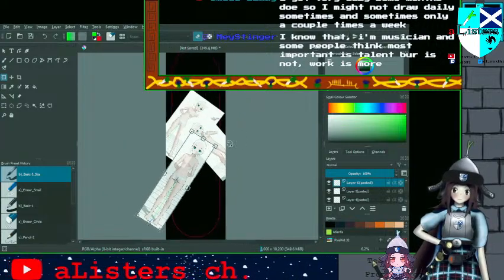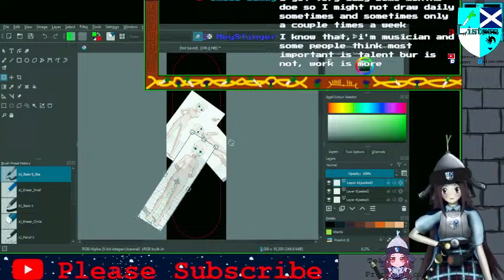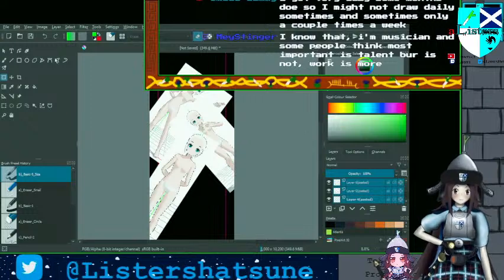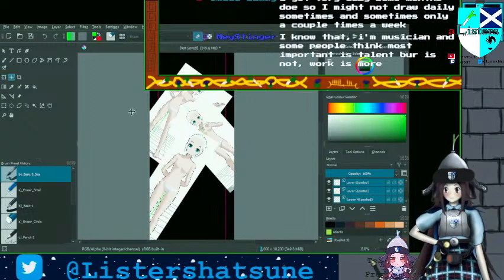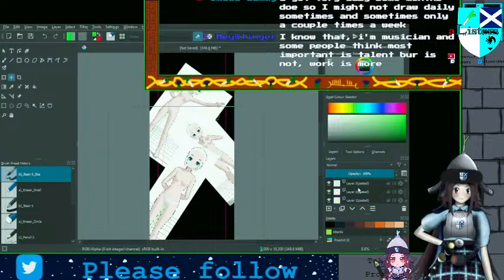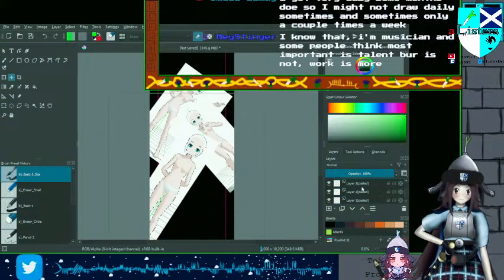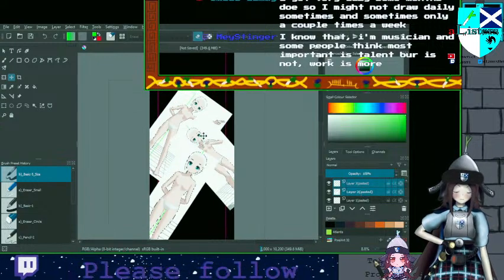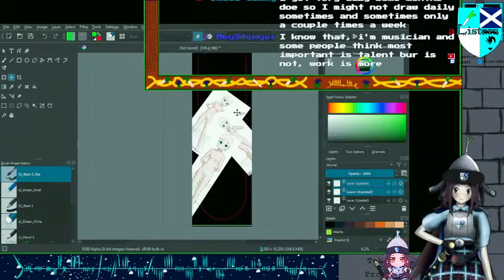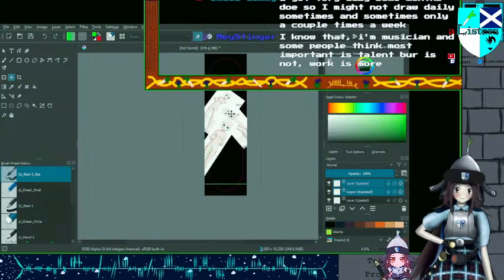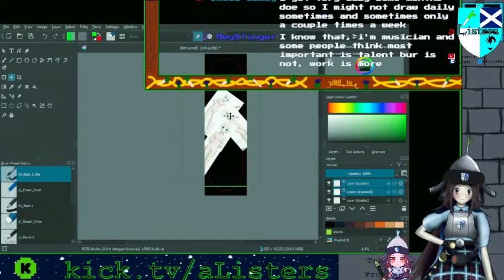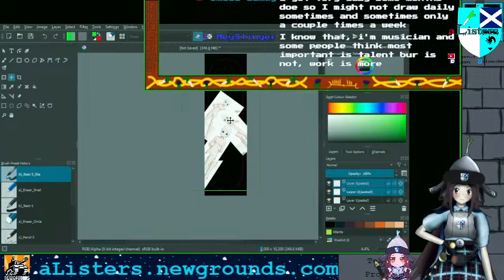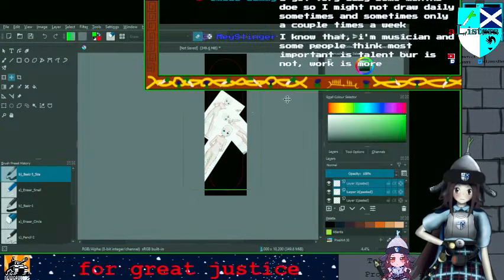Right, okay. Can I just move all of them down a bit? There we go. I want them to sort of be centered, which is kind of hard to gauge with a drawing like this.